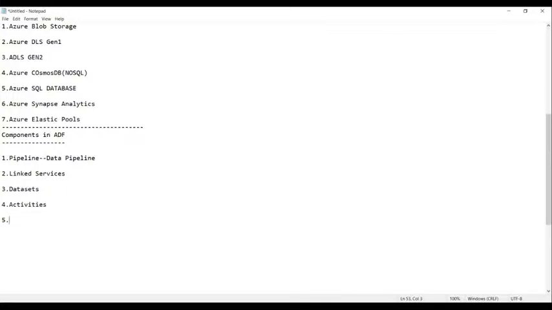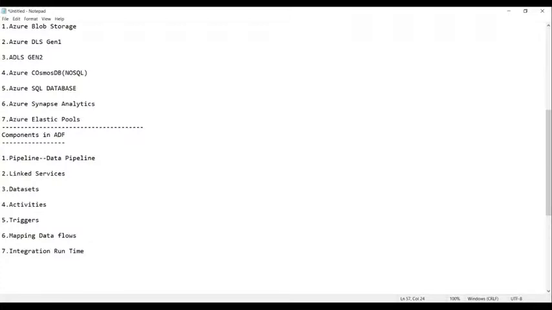Then we have the next one, triggers. Mapping data flows. And the seventh one, we have integration runtime.